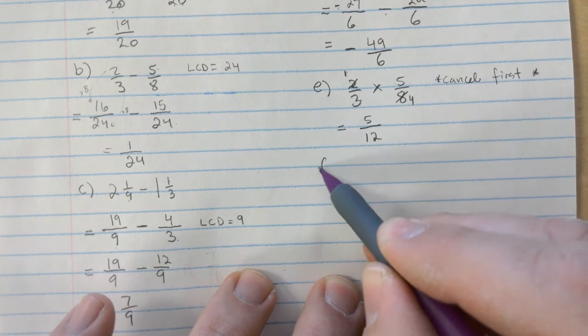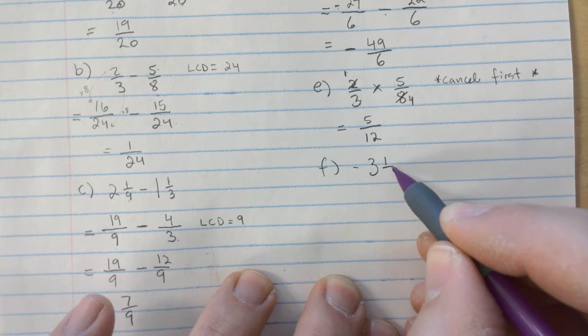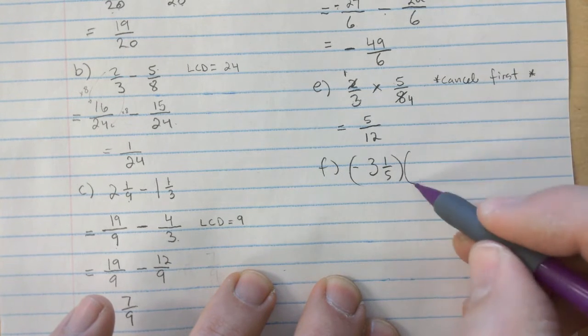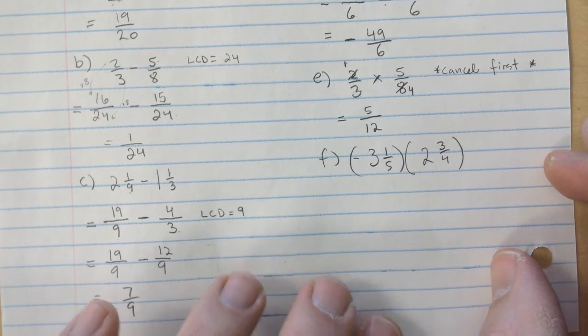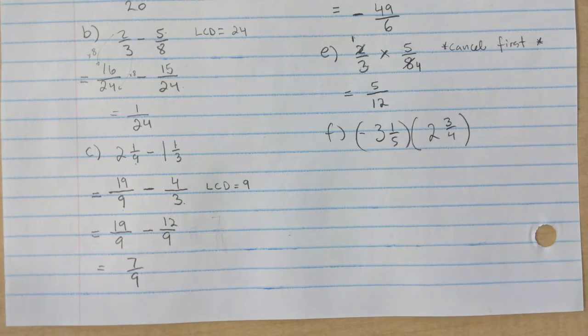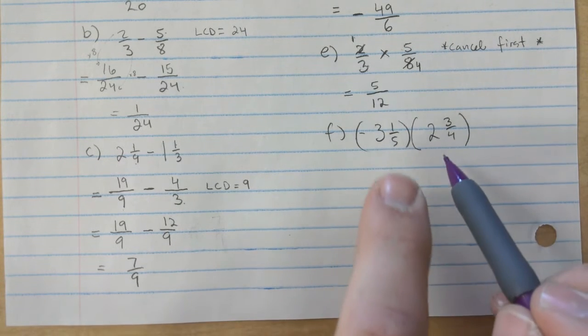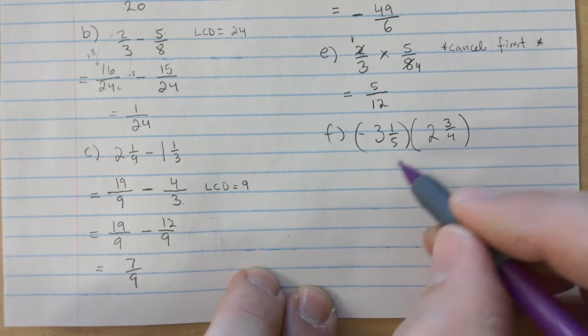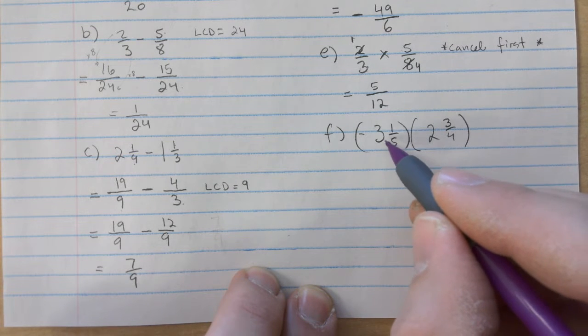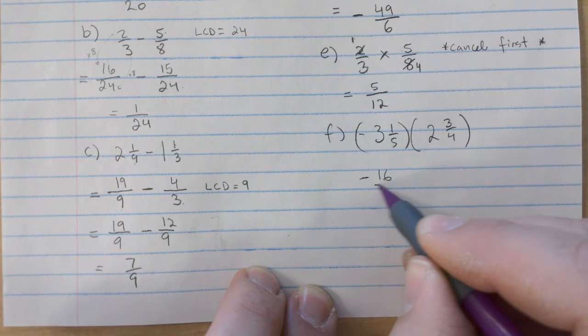F, here we have -3 1/5 multiplied by 2 3/4. Again, when you have mixed numbers, convert to improper first, okay? So we're gonna go, right, 5 times 3 is 15, plus 1 is 16, so it'll be -16/5